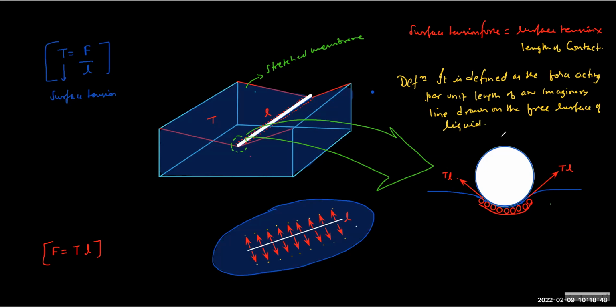So the free surface, when you dent it, then it shows the effect because the actual property is to